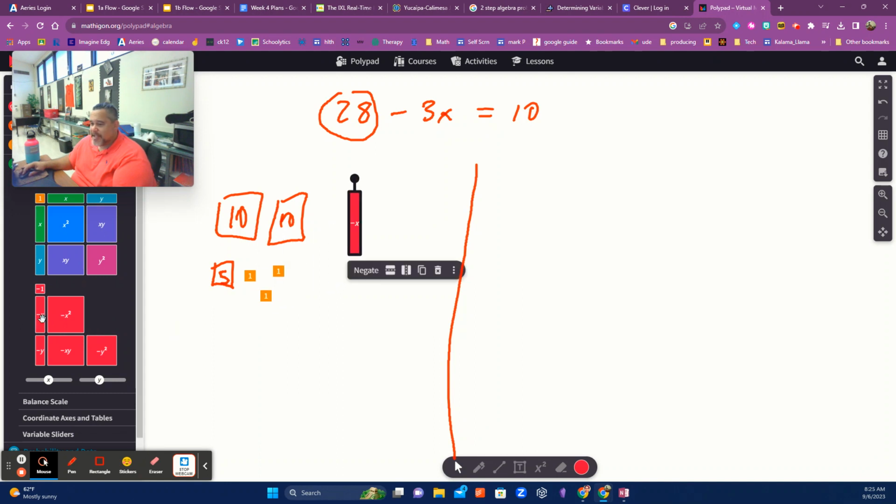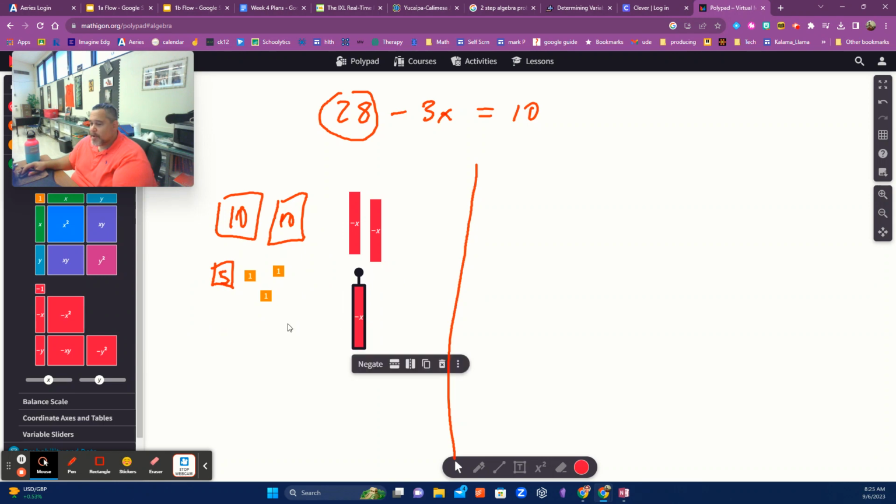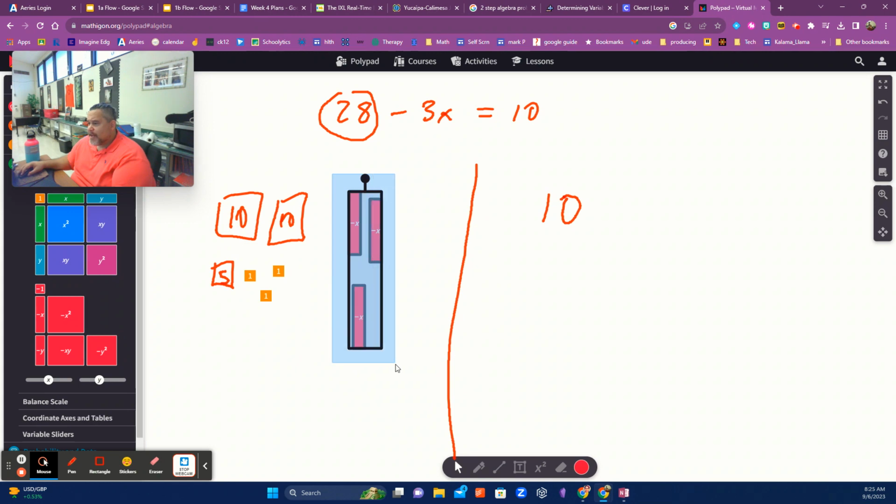You already know how to use this, negative 3x. And then 10 on the other side. Why not? I'll just get one of those pieces of paper, and I'll just say, hey, this is 10 over here. Now, the last thing I want to show you, and the rest of this will just be to practice. I hope you guys practice this in class. But the last thing I want to show you is that,